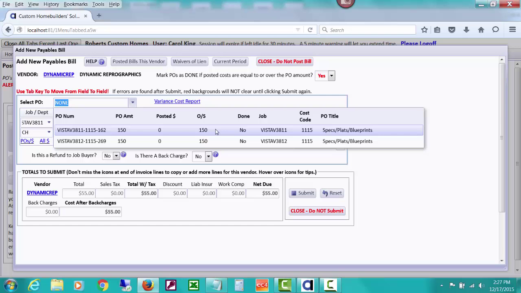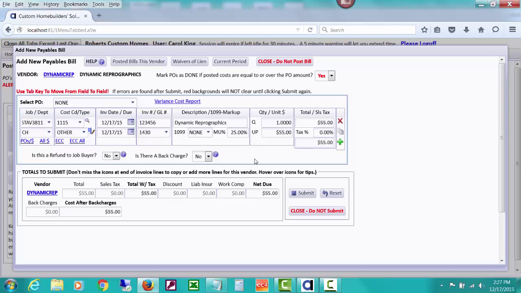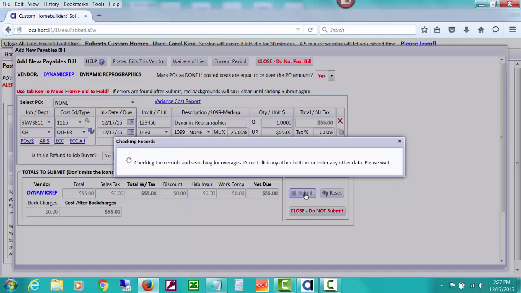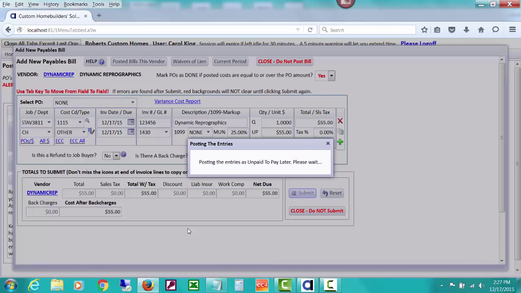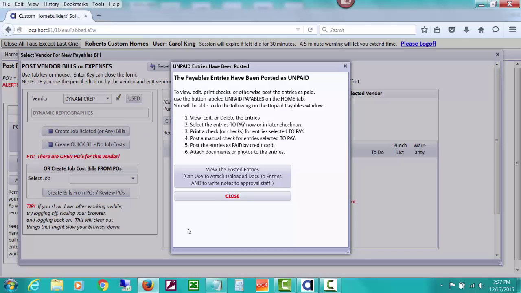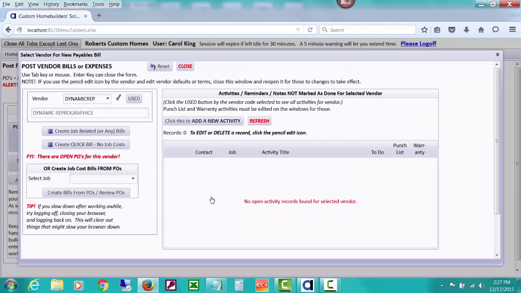It will supply the 150 if I click on it, but I'm going to ignore it because I'm trying to demonstrate something. Like I've just overlooked the fact that there's POs, which is kind of hard to do, but I'm showing how people can enter things fast and overlook something, and what I want to get to is how you get that corrected and get it attached to a PO. So it says that it's posted,